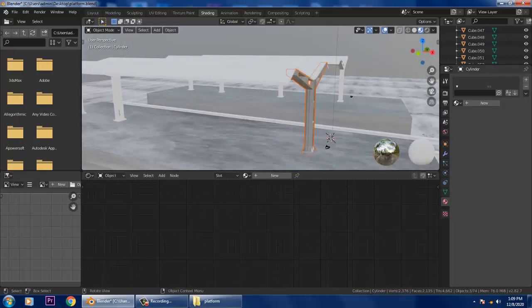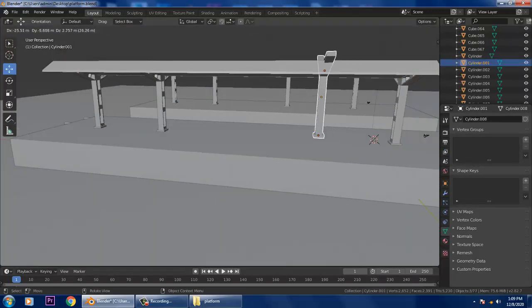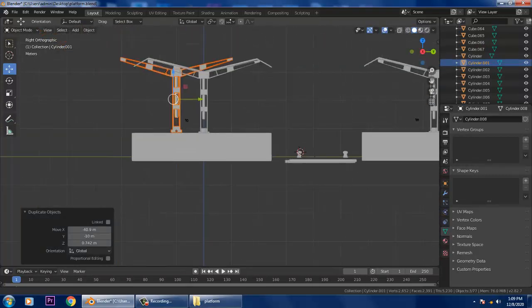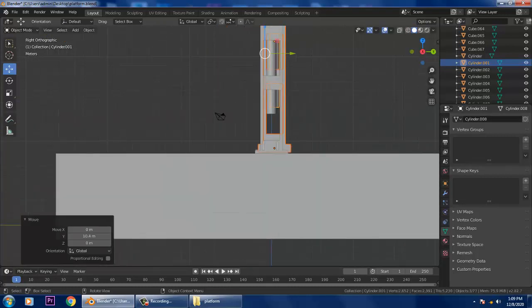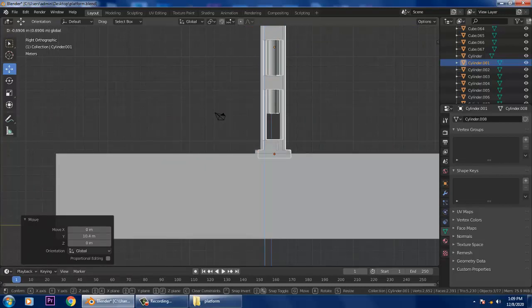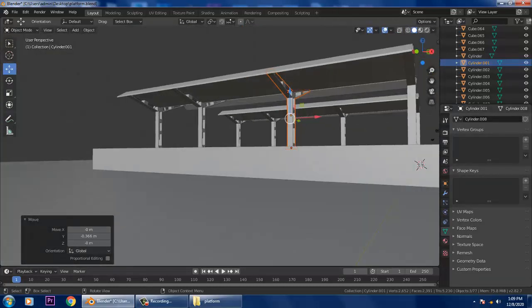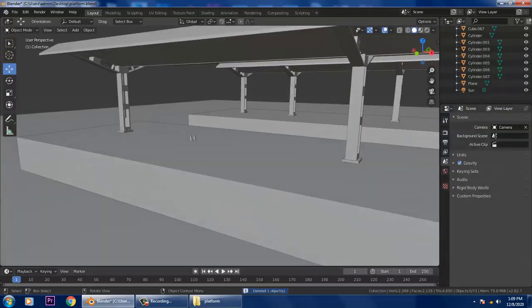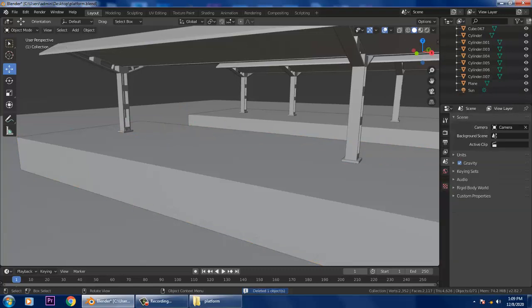So let's go into this layout and press Shift D to duplicate it. Let's go into this view over here and slightly place it down. Make sure you duplicate it perfectly. The things which are really not required, you can just delete. You can also rename it. Whatever you want to rename, you can easily rename it.